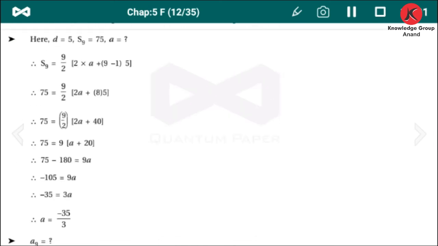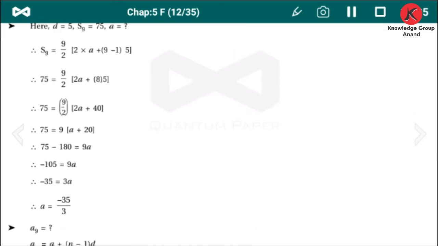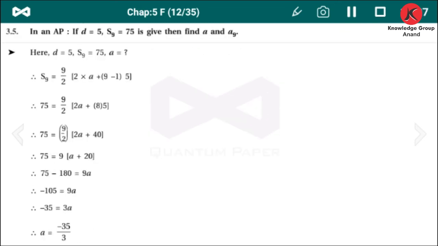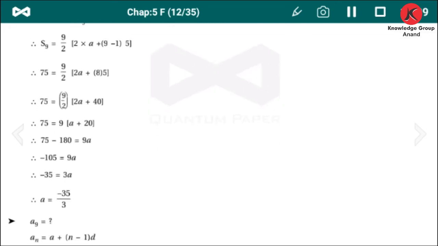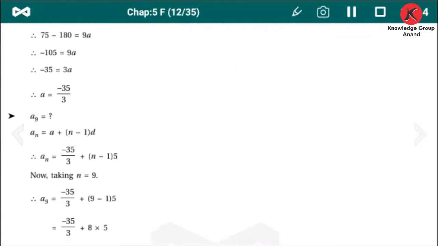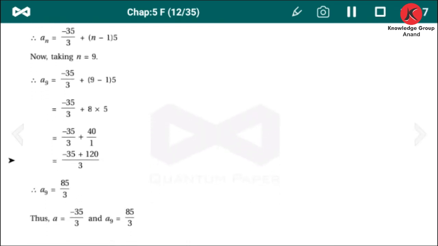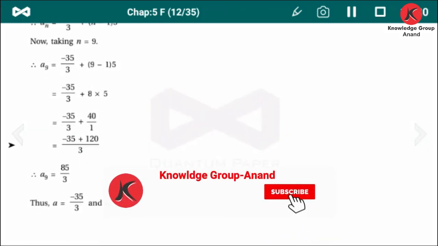First we find A using the Sn formula, then find A9 using the An formula, An is equal to A plus n minus 1 into D, and we get A9 is equal to